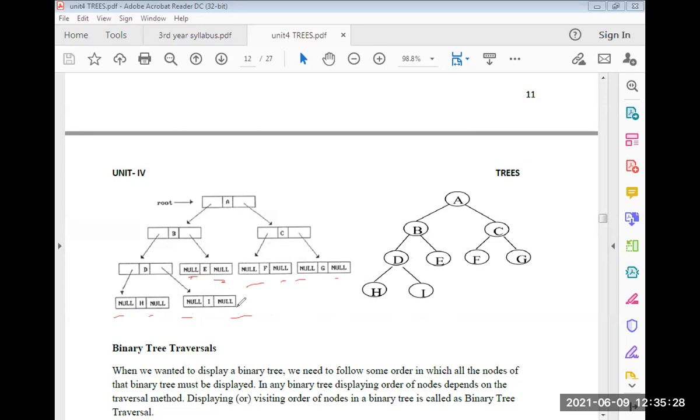So here we are wasting 50% of memory, and traversing in a binary tree is time consuming. In a binary tree we move only downwards. Start here, then B, then D, then H only. We move only downwards.